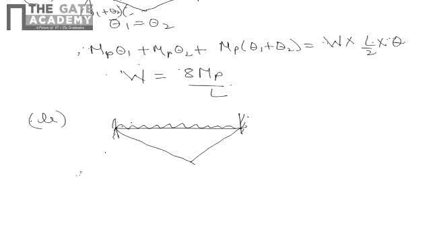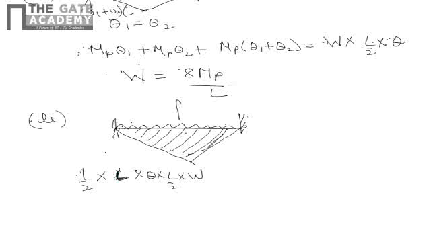External work will be 1 by 2 into L into theta into L by 2 into W. Now this comes from the area of this triangle, because this entire area will be getting deflected because of the uniformly distributed load. So we have to write this area of triangle multiplied by W, where W is small w multiplied by L,